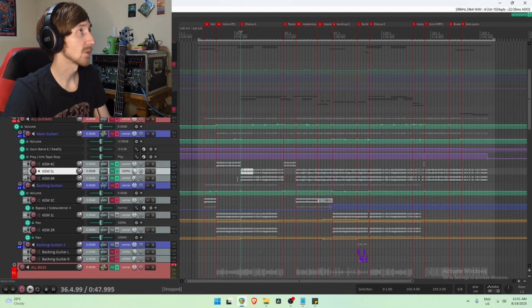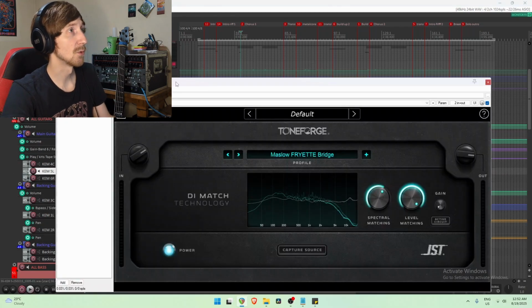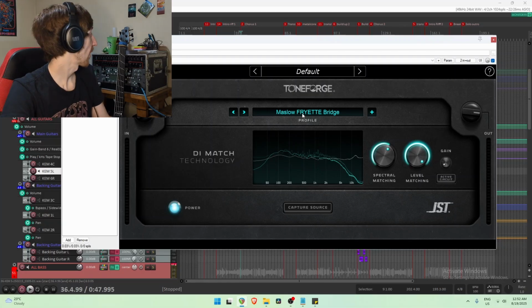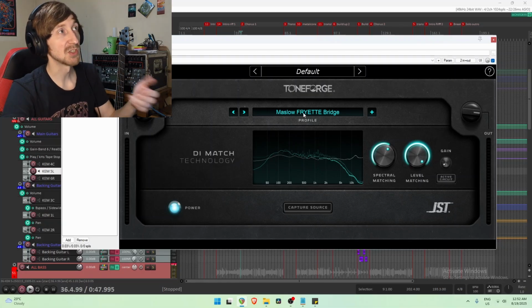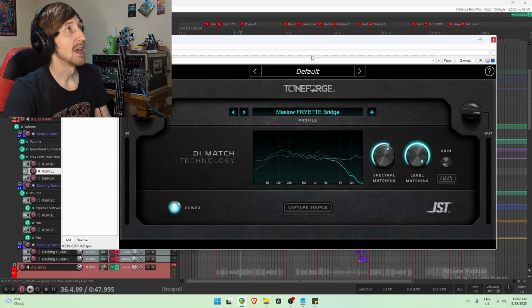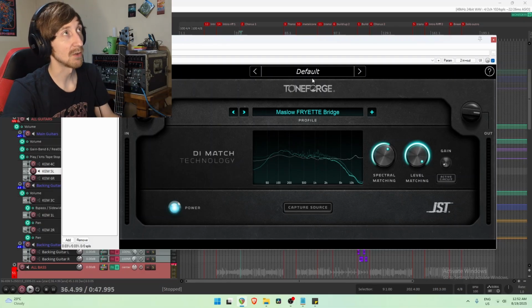Now the mains, we're going to go to the chorus. The mains have Tone Forge DI on, and this is a profile of the bridge pickup on my Maslow. It doesn't have a neck pickup. And this is going into a Fryette amp profile on the Kemper. And then I'm just taking an EQ profile of that after the cab, and I'm applying this EQ curve because I really like the sound of the Fryette,